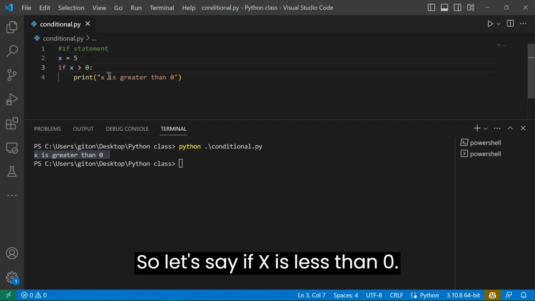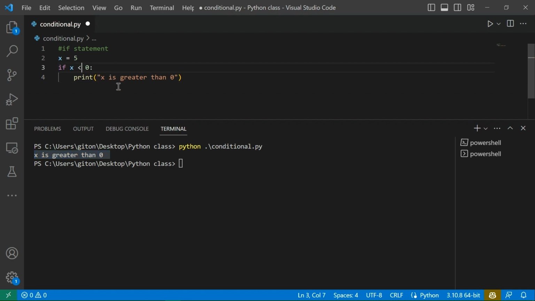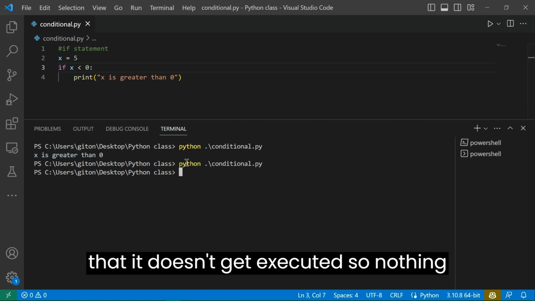So let's say if x is less than 0, that's when you print, so that we see that it doesn't get executed. So nothing gets